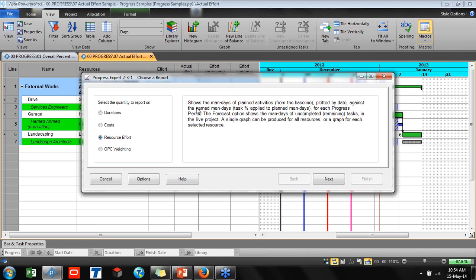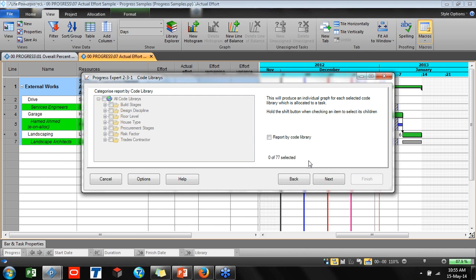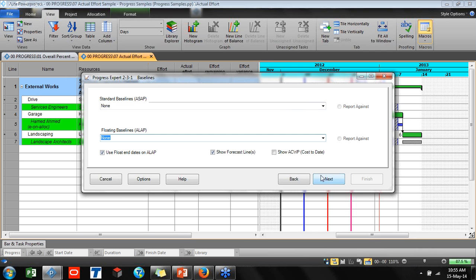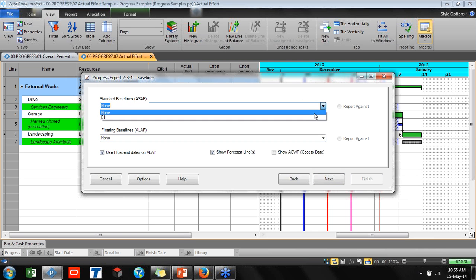And now duration, cost, resource effort, also weightage, and these are enabled to get the SQL report. There are more options, but they are not needed now. If I would like to set up for specific code-assigned tasks, I can do that. And I can look at a specific resource, but at the moment I will be looking at all of them, and I will be creating all used resource types, and from here I can compare with baseline 1,